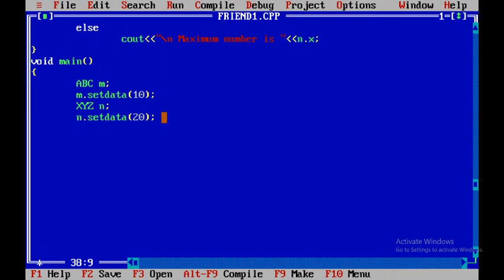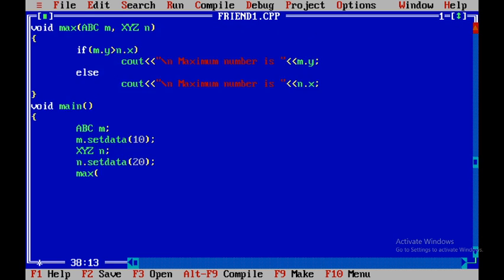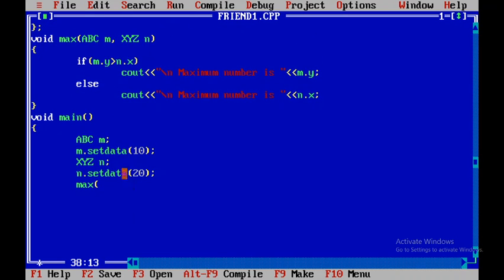So now we want to compare these values. We want to find max. As usual we will call the max method. See, to call the max method no object is required. Directly we can invoke this method max. As we have written the definition for max, we have to pass two objects like this.